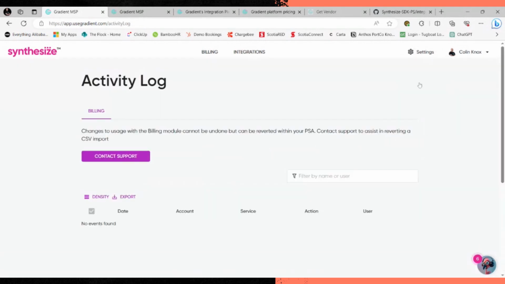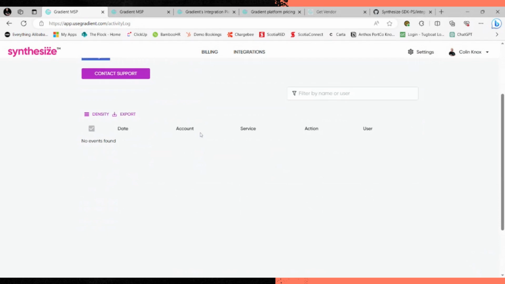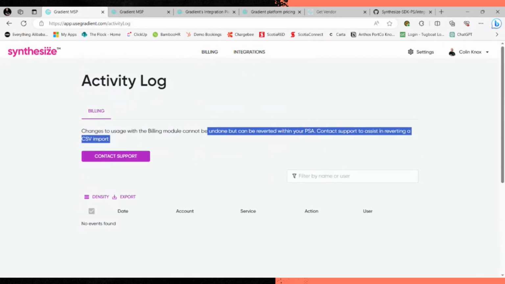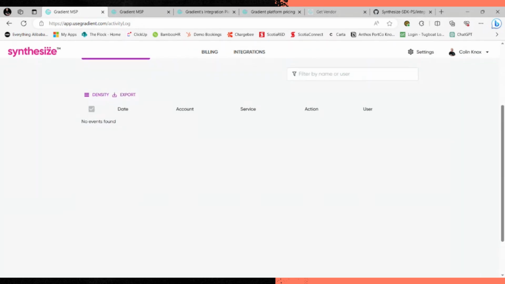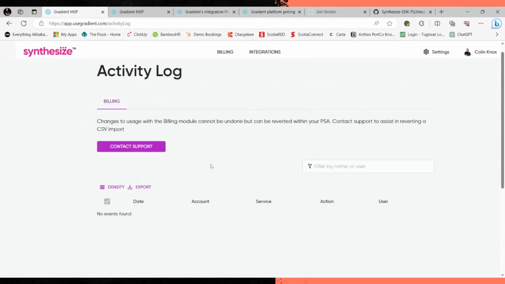What's really cool is you also have the full activity log here. I haven't done anything in this demo database now, but it would show you all of the actions that were done, who reconciled which service, what the change was, when it was done, everything else. So if you're confused about, why does this say that? Who approved that one? You can go back and check and have all the access to that as well.